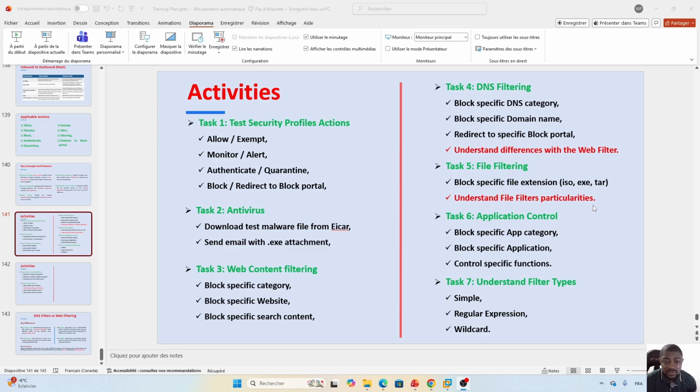So guys, in this video we are going to jump on task 5, which is file filtering. In the previous video we already saw task 4 and the previous tasks. So here in task 5 we are talking about file filtering. Let's say in your network you want to prevent end users from downloading any ISO file, .exe, .tar, or